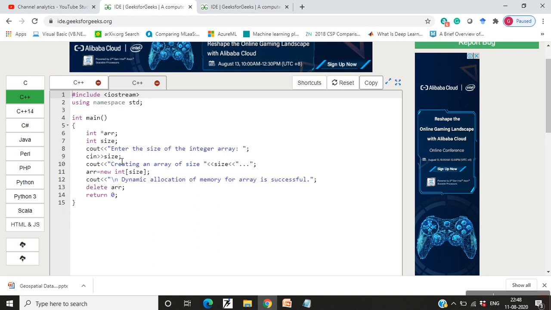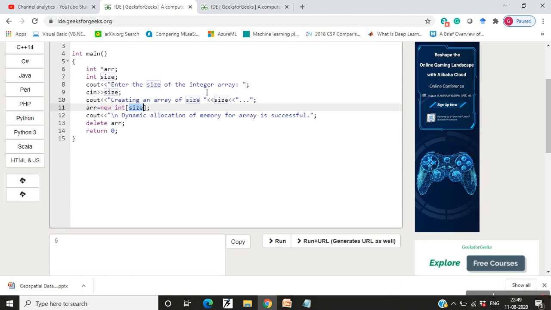Then the user will give you some size, then you can create an array of that size dynamically using the new operator: ar is equal to new int and whatever is the size. So this is the pointer variable name, here I have declared it, then the keyword new, then the data type followed by the size in square brackets, and here the size you have taken from the user, right.